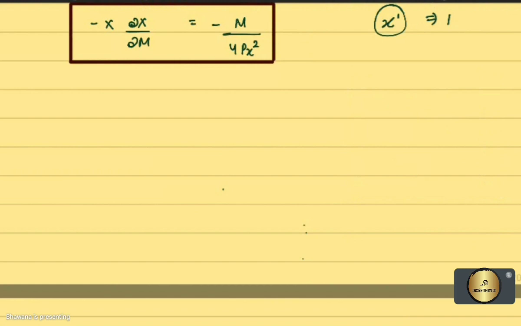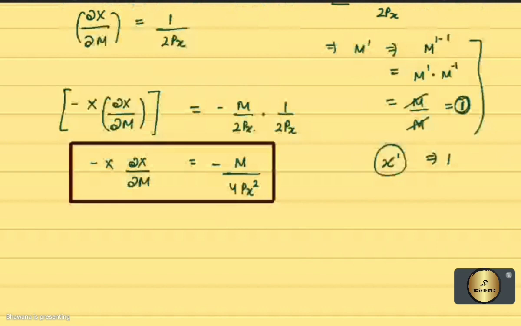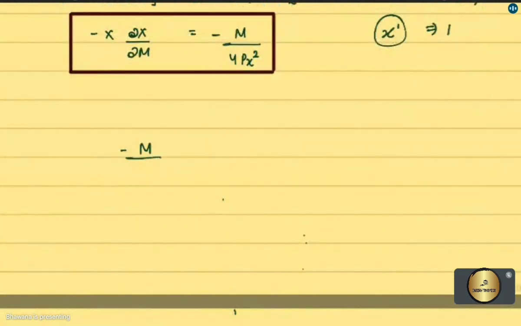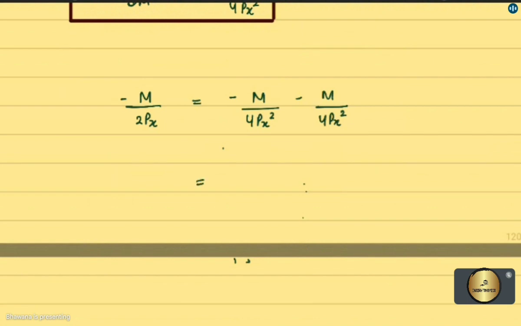So here, for this price effect, we have the expression m by 2px square, and for this substitution effect you have m by 4px square, minus m by 4px square. Okay, so now what do we have? Minus minus becomes plus, the term sign remains minus, and you will get